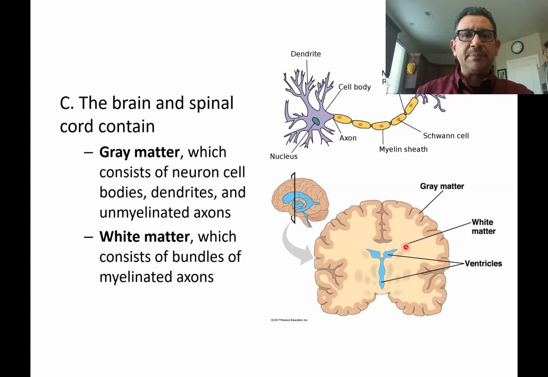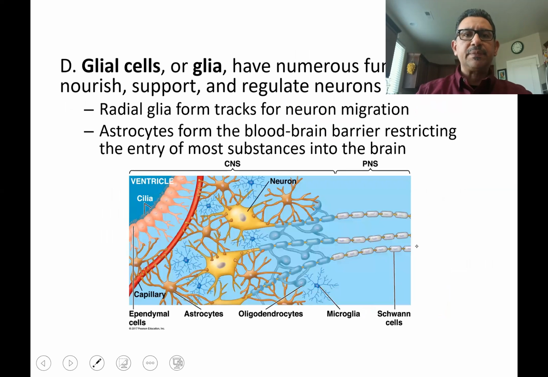What you notice in the spinal cord is that these are flipped. Usually the white matter is on the outside and the gray matter is more to the inside, and that has to do with the nature of the flow of information from sensory organs over towards the central nervous system. In the central nervous system and also in the peripheral nervous system, you're going to find that neurons